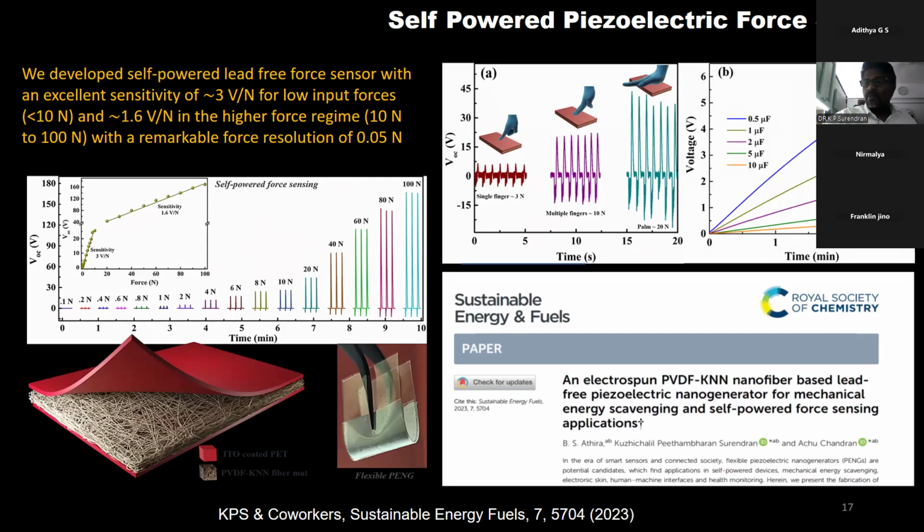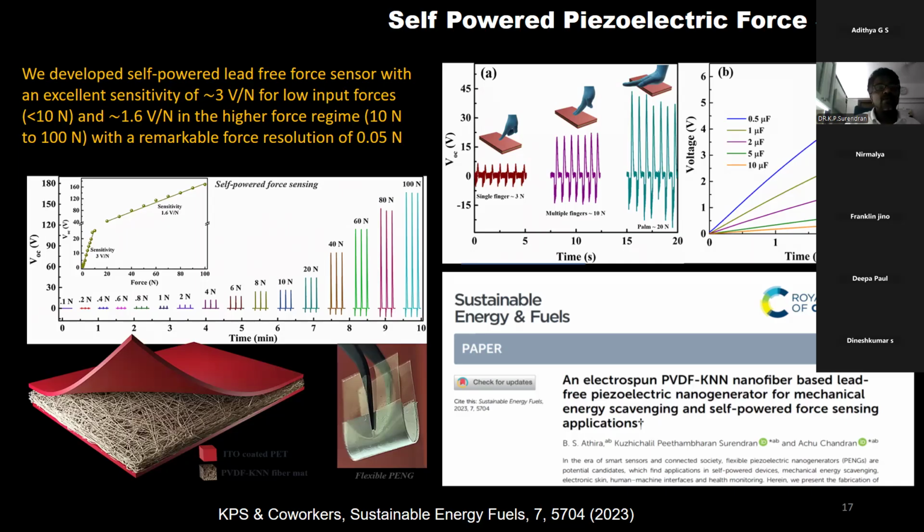So we thought that we will make it work on lead-free material. Some of the materials we made are potassium sodium niobate, and also one polymer which is called polyvinylidene difluoride. We electrospun this kind of composite material in a high electric field, and then we made fibers. Using the fibers, we made a fiber mat, and then we made a piezoelectric nanogenerator, and this piezoelectric nanogenerator